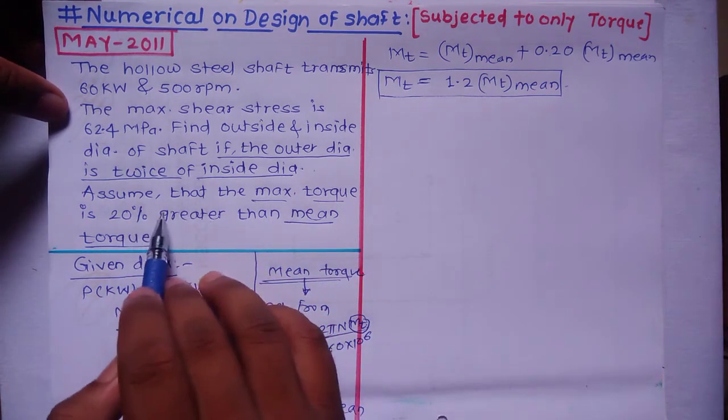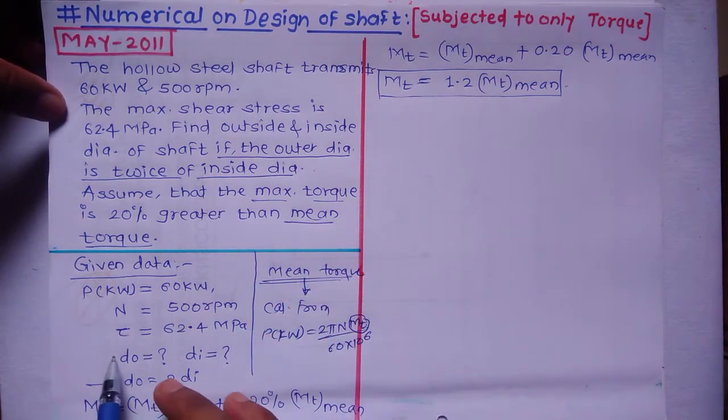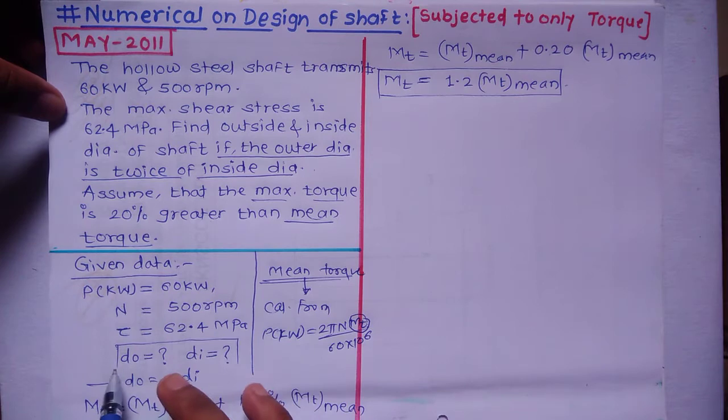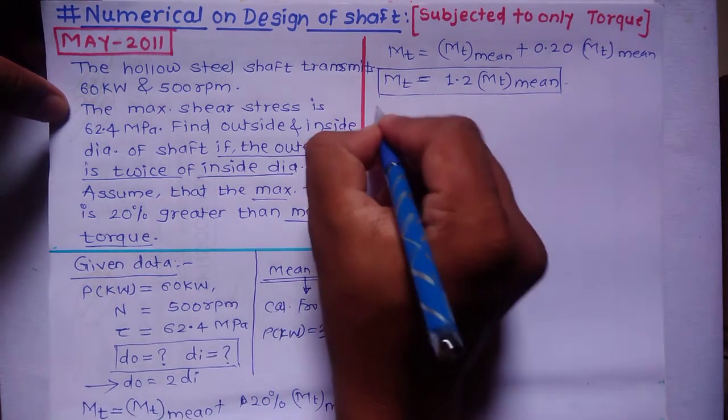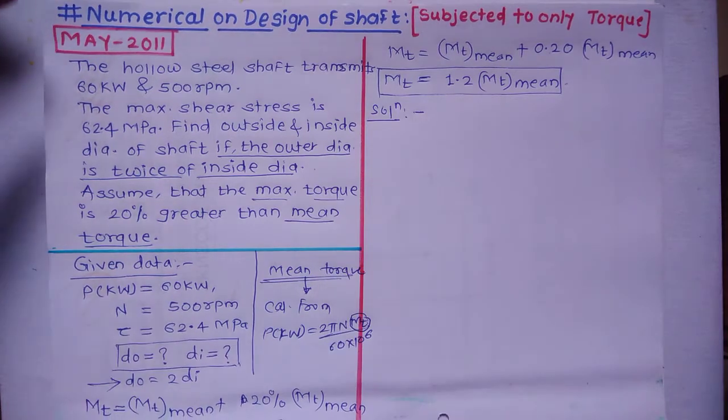Okay, so this is the last relation that is given, the relation between maximum torque and mean torque, and we have to find out the outer diameter do and inner diameter di. Okay, so let us start the solution. Now in the solution